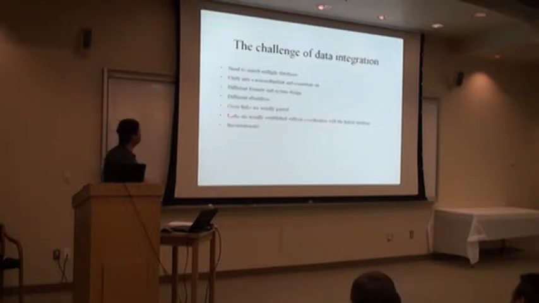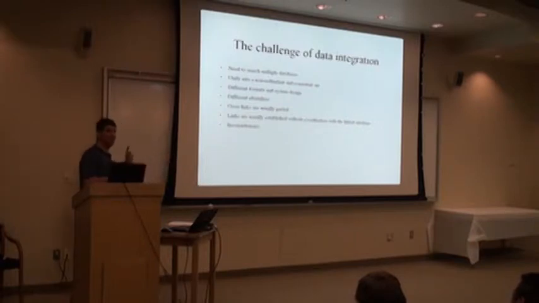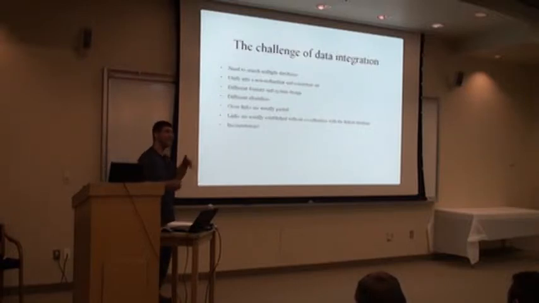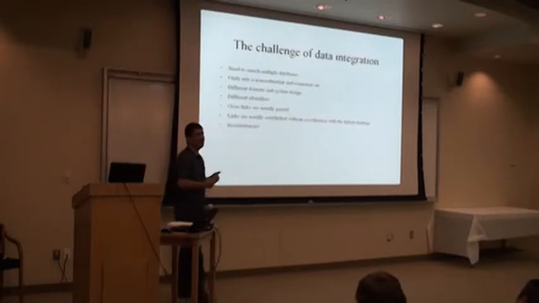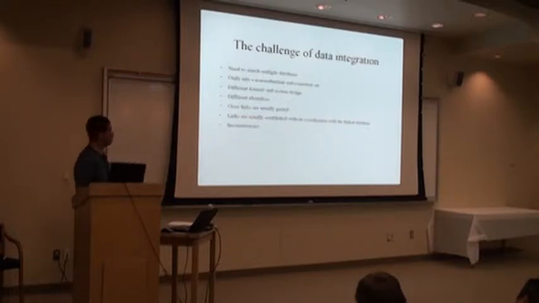Some databases do maintain links to other databases in order to help with figuring out which entity is which, but those are only very partial, and usually they are not established in coordination with the other databases. So what happens is that often it's out of sync. Let's say one of the databases updates their data, the other one doesn't, and you have the problem of dead links, or links that point to the wrong entities, and so on. And you have also some other inconsistencies.